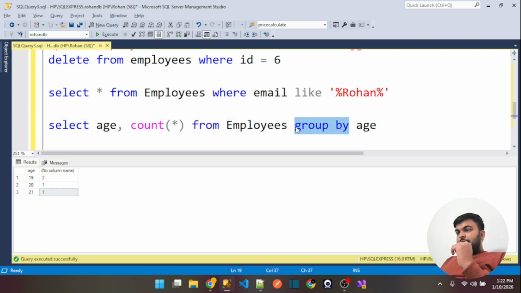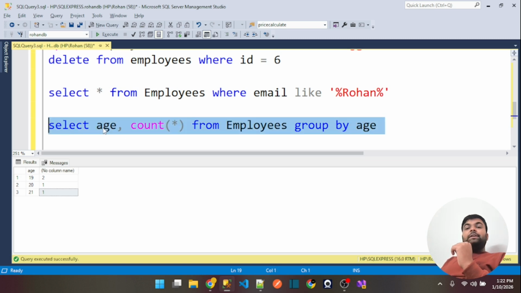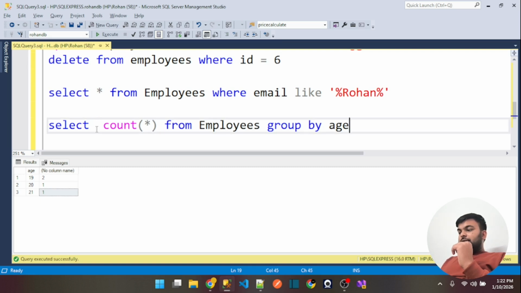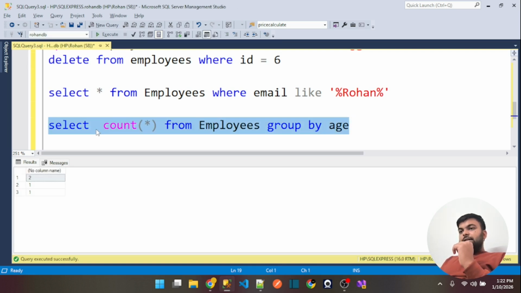And whenever you are doing the group by, please don't forget that if you are trying to group by this thing, you have to mention this column as well. Otherwise you will see things like this, and here you will see that I am not getting the point,